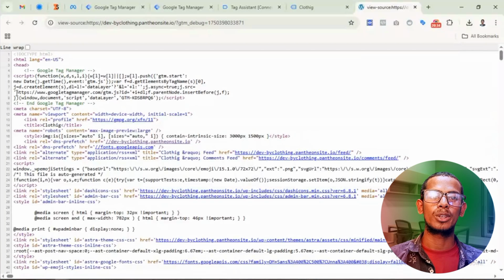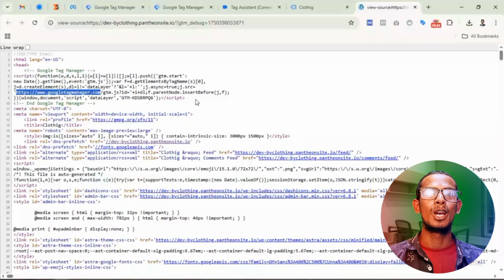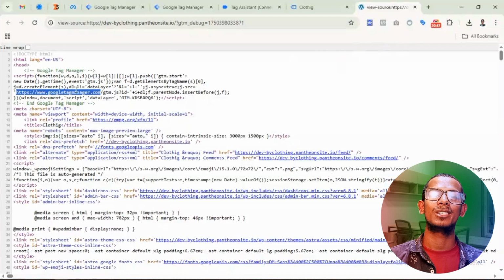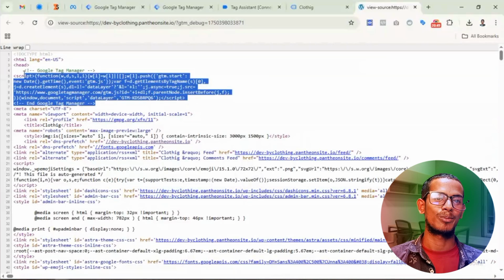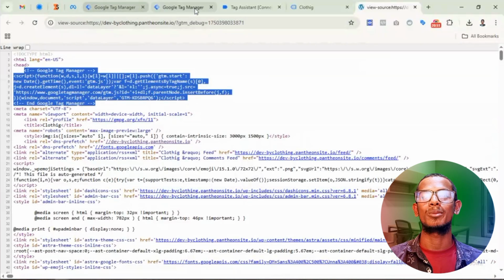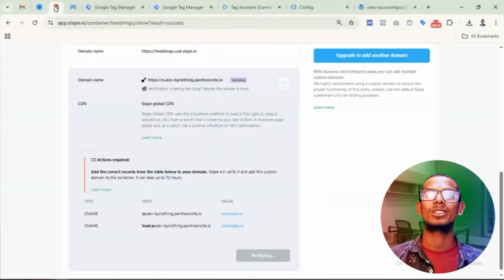You can see this https and googletagmanager.com, you can see this third-party platform. When your user uses any AdBlocker, this time this code will be removed and your every tagging will be removed. That's why you need to create a